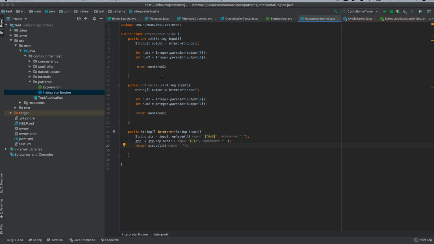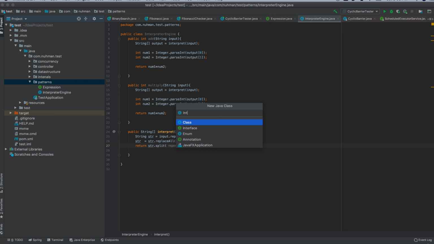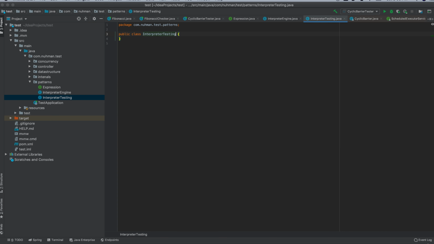So I will have an interpreter testing class. Inside this one I will have a main method. Before that I need two other classes that I will define here instead of defining outside. I'm going to define them here itself, add expression,